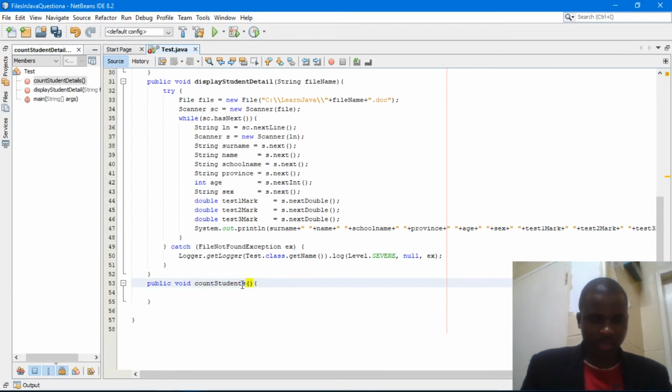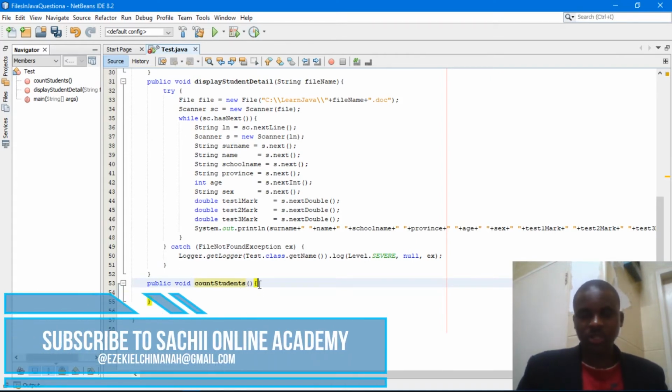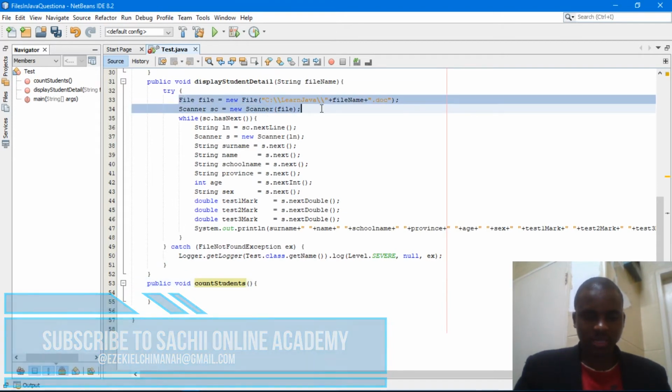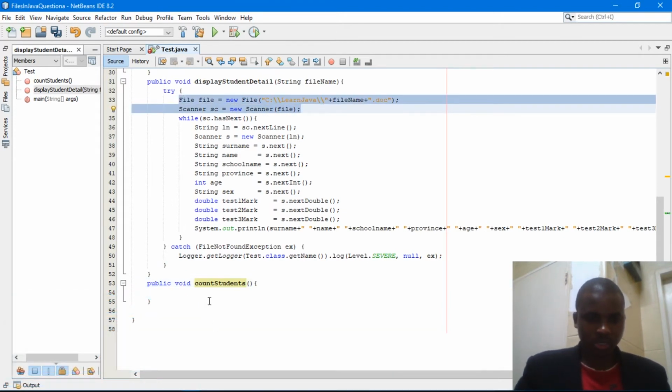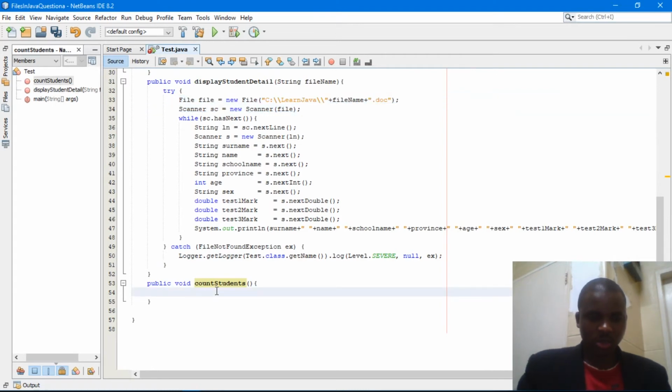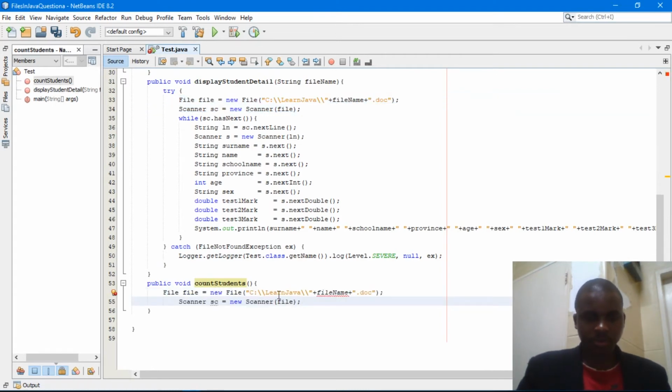Here I have to take this argument fileName, just for the file path or the name of the file. Here it throws an exception, so you have to put it inside the try and catch block, something like this. So what am I going to do here? I'm going to use the count variable.